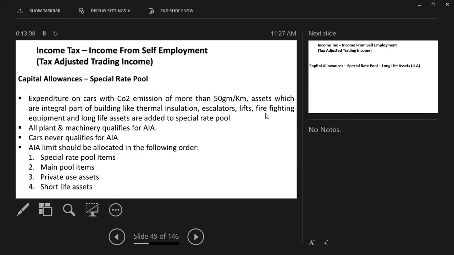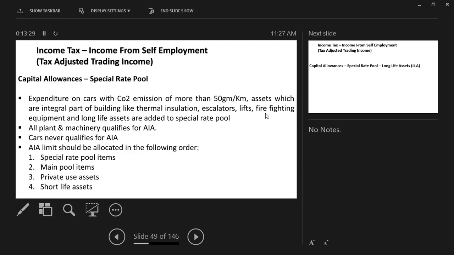This prioritization, this order, will maximize our capital allowances claim because special rate pools are relieved at 6%. Instead of going at 6%, we will try to claim as much expense as possible against AIA in the year